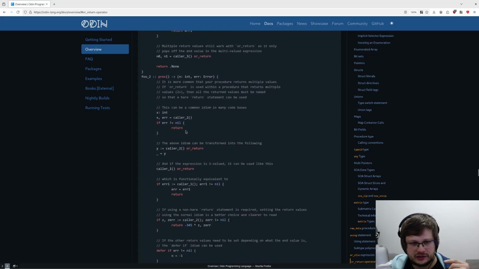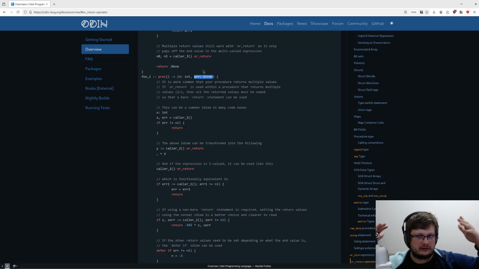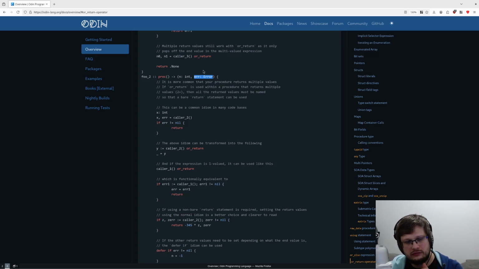So in a procedure like this caller, its end value has to return the same as here, so that it propagates the error. I guess the entire point of this is not just automating early returns, it is also to propagate errors. I don't know if I want to enforce that. You know what I mean?